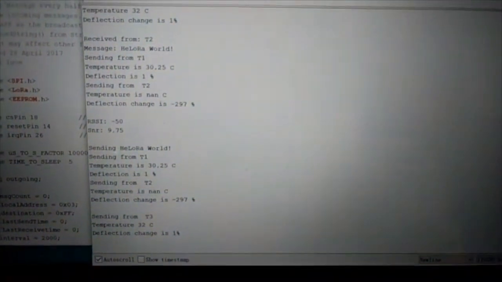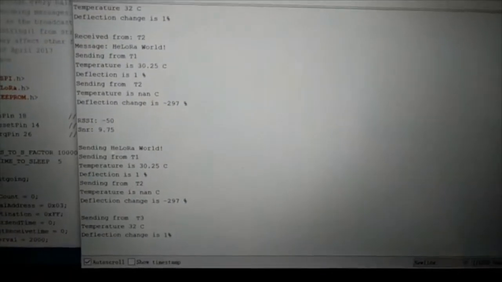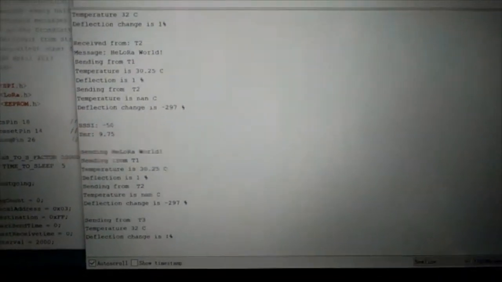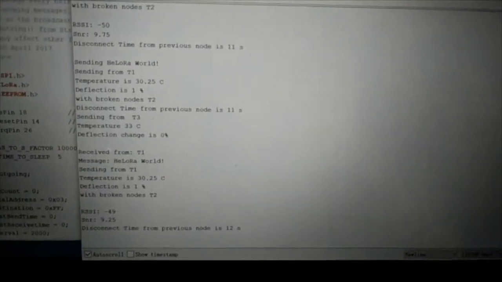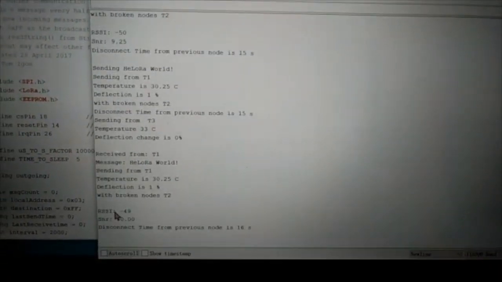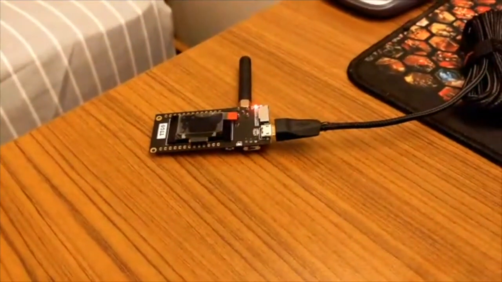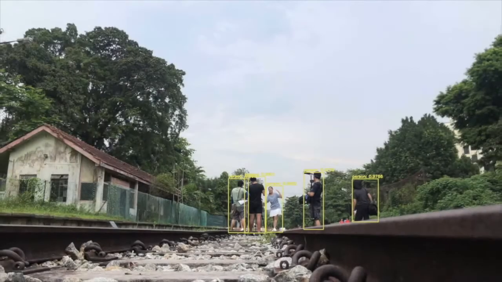And as we can see, they stop communicating with each other for 10 seconds. After 10 seconds, the network will report the broken node is T2 and the time that it disconnected from the system. And this illustrates the self-healing and error reporting features of our network.